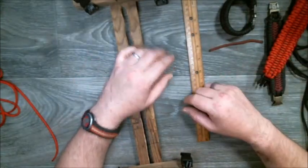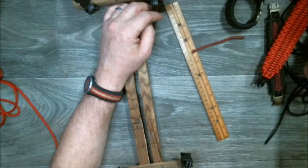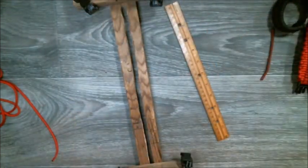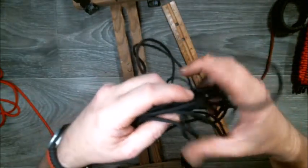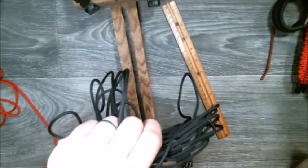But, let's see. Set up an 8 strand core. Now, like I said, we're making what? The total from buckle to buckle, from tip to tip, as I call it, is going to be about 10 3/4 inches. Now, I've figured out, I ain't never made one quite this big. I usually do about